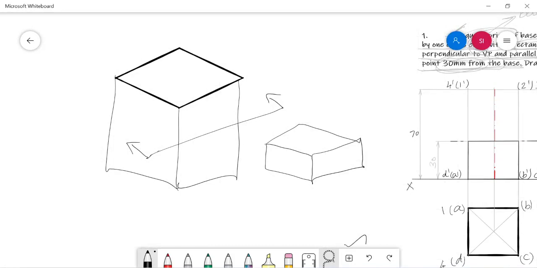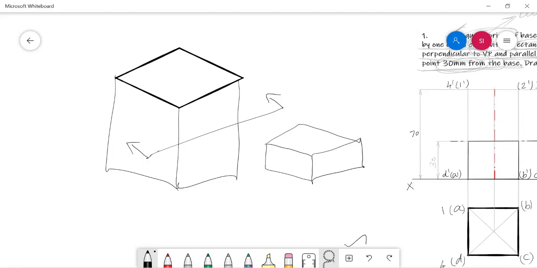Sometimes the side edges only get affected by the cutting plane. Sometimes if the cutting plane is more inclined, definitely the face and the base edges are also affected. So it's based upon how the cutting plane is cutting the solid. But definitely if a solid is cut by a section plane, some edges will be affected, and those edges get reduced in length.